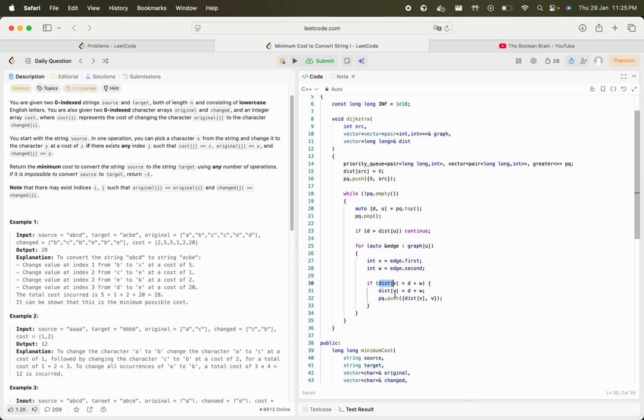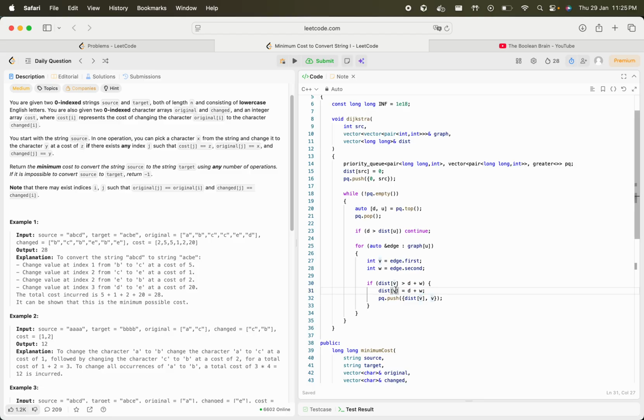So I check the distance of V, because V is an immediate neighbor of U. If the existing distance of V was greater than D plus W, it means it's time to update the